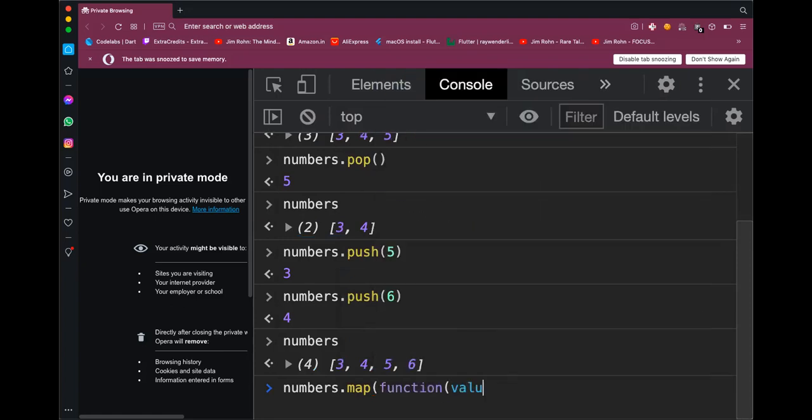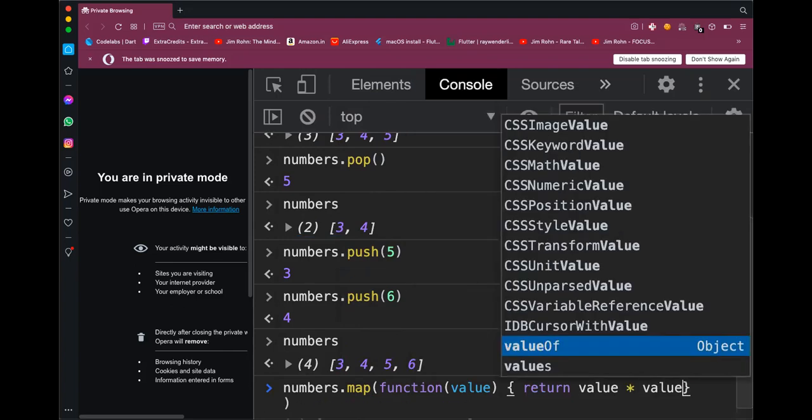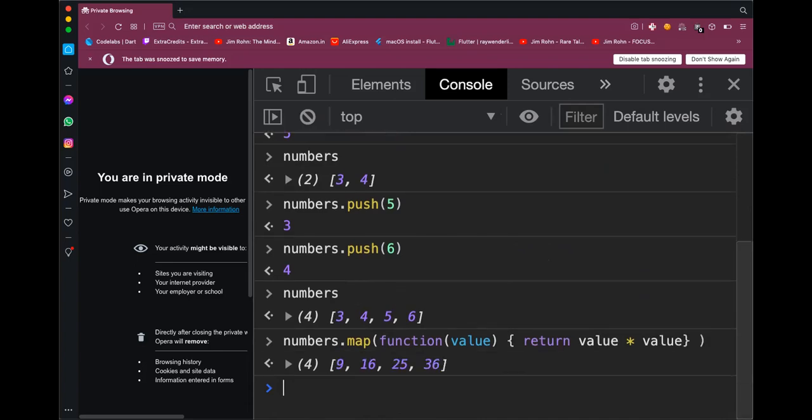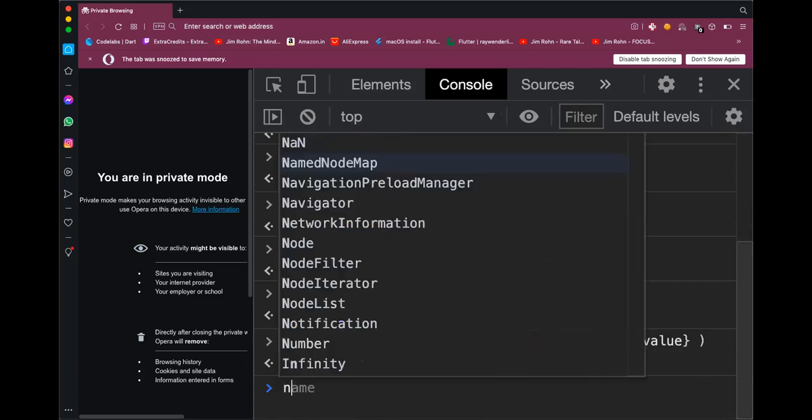I pass in a callback function and I can return. So what map does is it iterates. It's like a for loop. It iterates on all the values in the array and then returns whatever operation I do inside them.